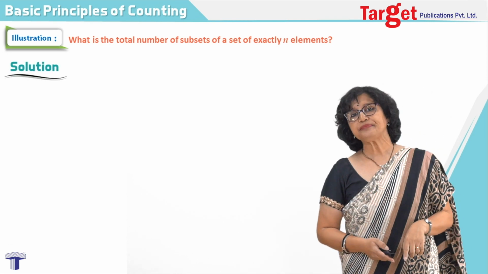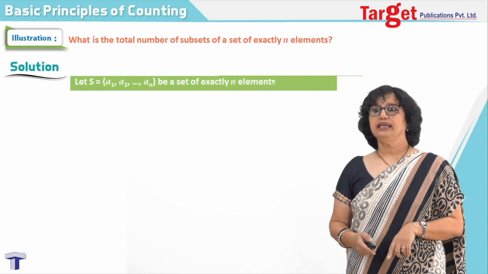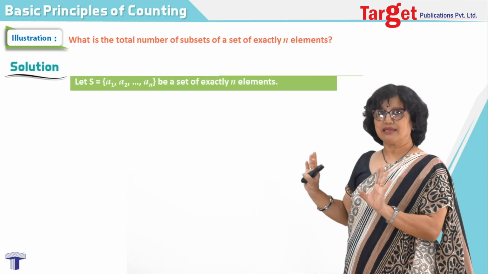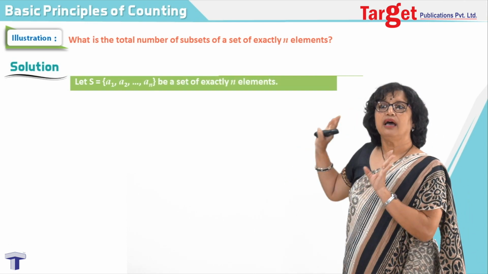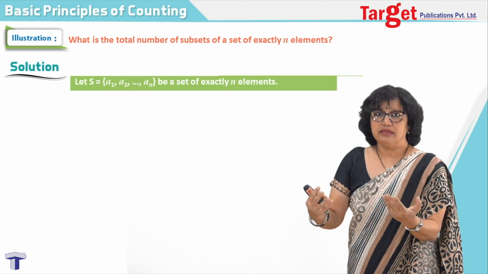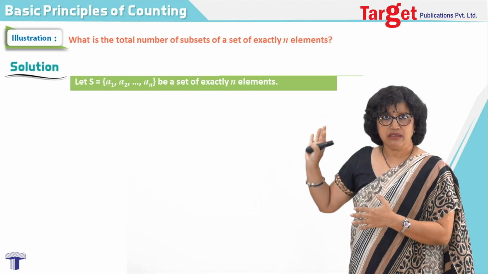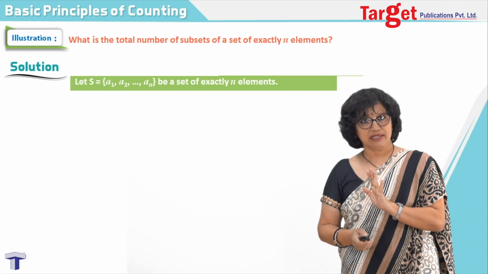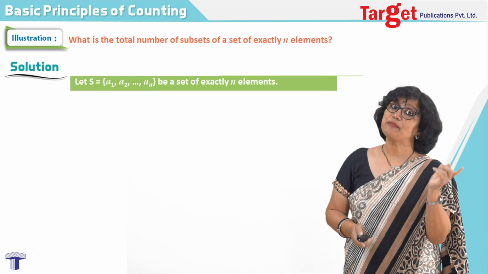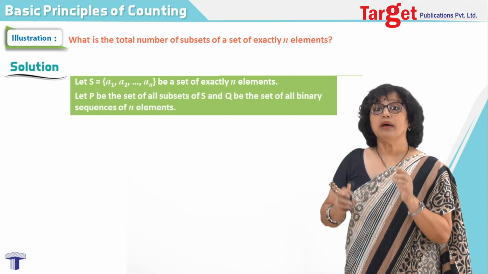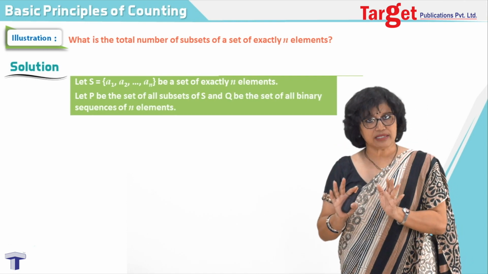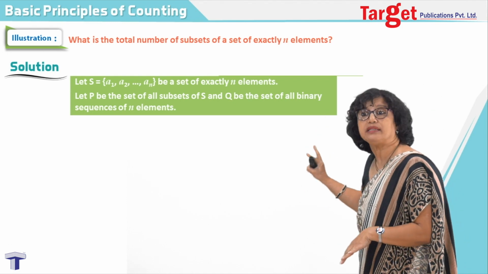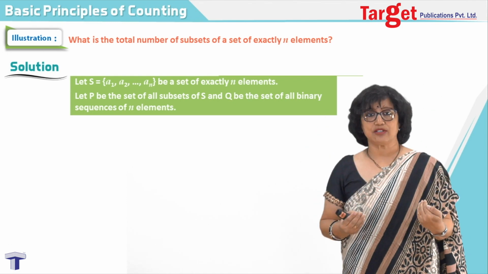Now, what we do here is write things a little systematically, as first you will have to name things. Nothing has been given in the question. So, I write: let S be a set which has exactly n elements. Okay. What are we talking about? Subsets of this set. So, I will have to consider somewhere the subsets of that set also. So, I say let P be the set which contains all the subsets of S.